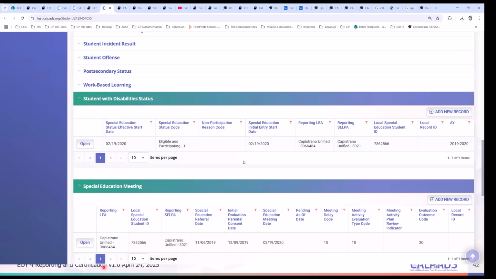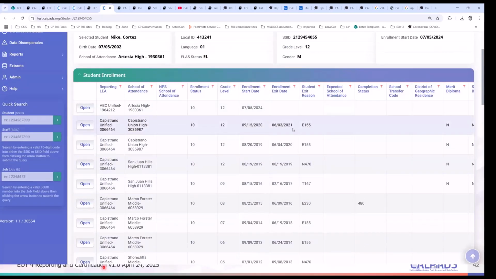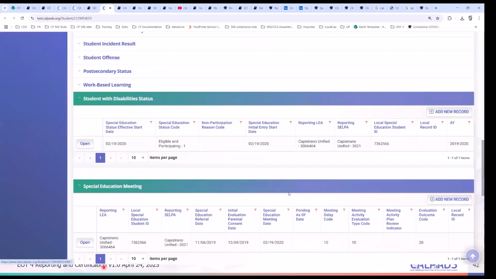So you have to then check with your SPED person. And if your SPED person says, oh, yeah, this student is no longer eligible, right? So if that's the case, when was the student not eligible? It turns out the student was not eligible at the time they were still in Capistrano. So you can do two things. You can reach out to Capistrano if they lost eligibility during this enrollment. Then Capistrano has to temporarily open this enrollment to be able to close this record, right?